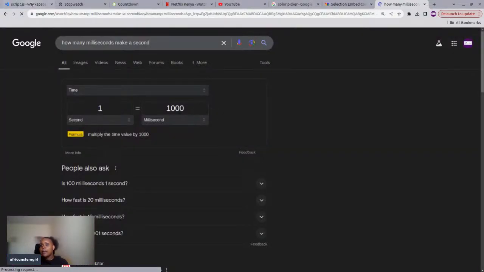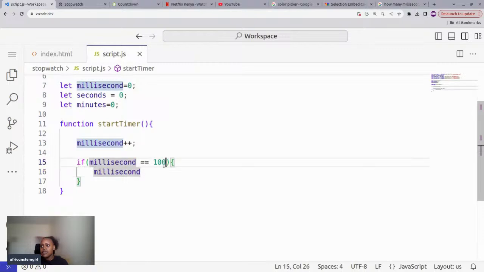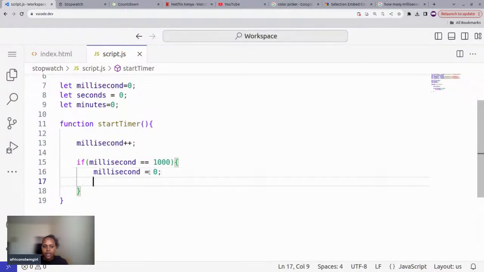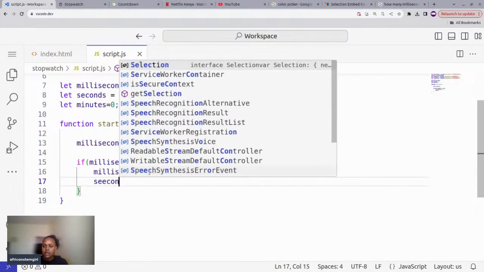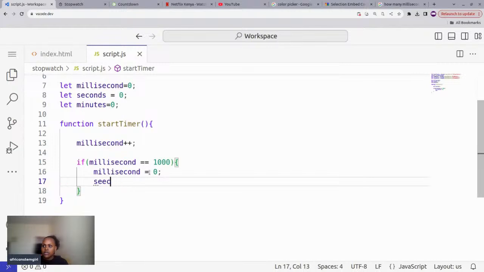So we can come here and say if the millisecond is equal to 1,000, set the millisecond equal to 0, and the seconds, I should not have deleted, I should just have deleted the E only, to increase by 1. So anytime the milliseconds is 1,000, increase the seconds by 1. And then we go ahead and say if,